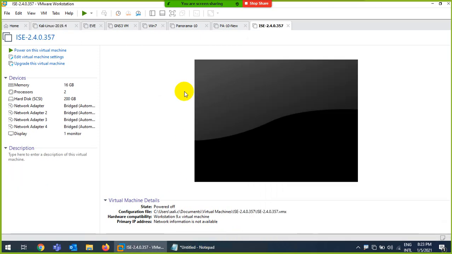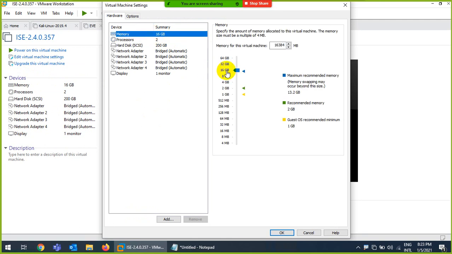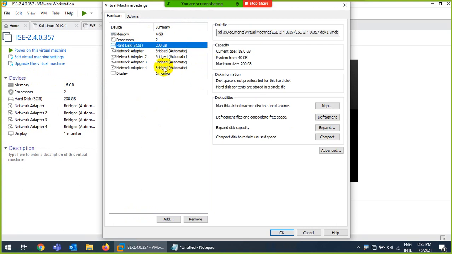It has come up now, and you see this 16 GB memory, so my whole memory is 16. Either click on Edit virtual machine, or double click anywhere. First of all, I need to decrease the memory to 4 GB. The hard drive is okay.